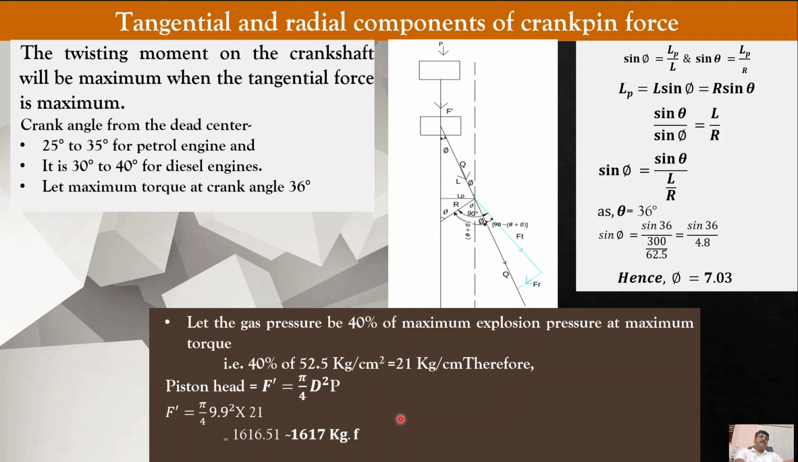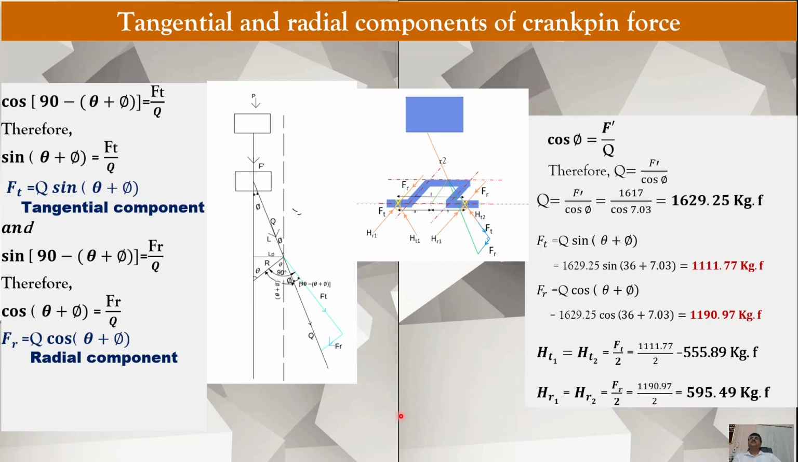Now let's find cos of 90 minus theta plus phi. Here, this angle, that is the angle made by the tangential component with force Q, is 90 minus theta plus phi. So cos of this angle, cos 90 minus theta plus phi, is equal to